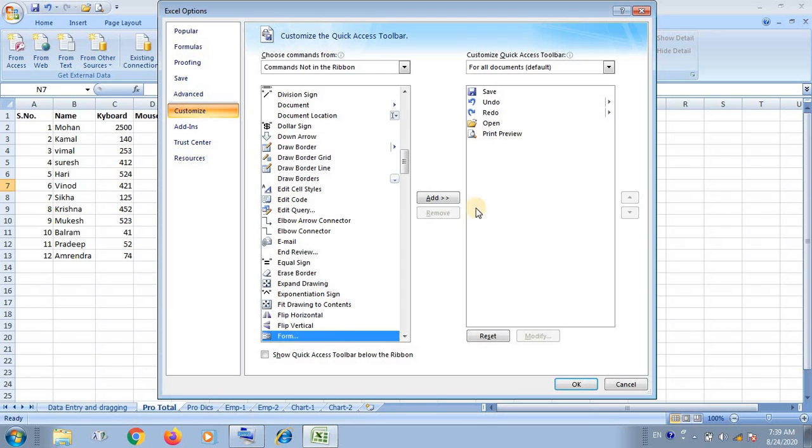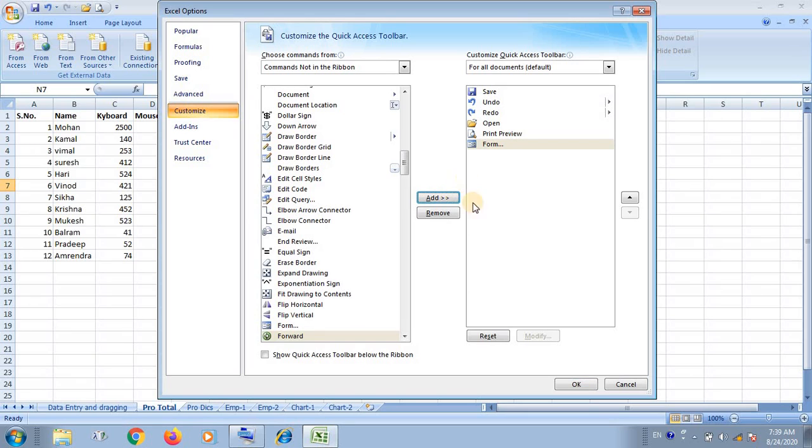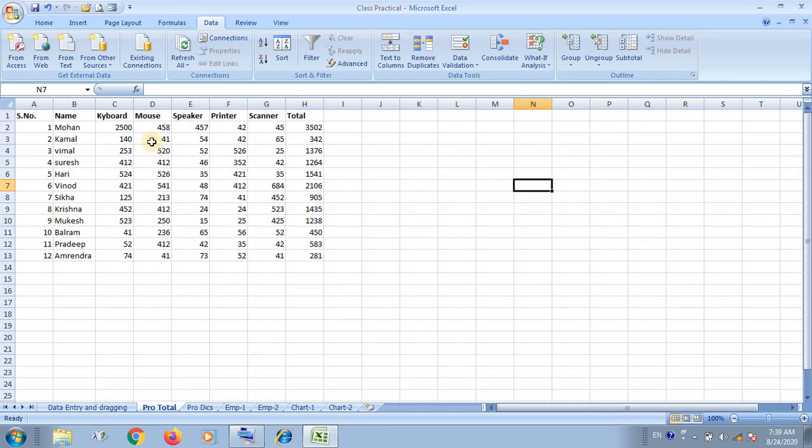Click on add, and in this way the form option will be added to the quick access toolbar.